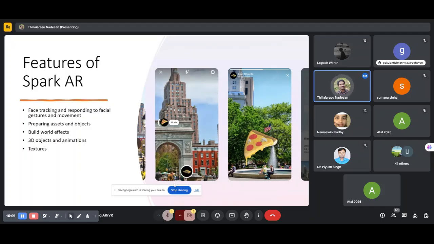That also is possible. Add library templates; there are available templates. In Instagram, for example, I want to increase my hair volume, or change my hair color, or increase my nose size or ear size. We can do all these things with this Spark AR Studio.